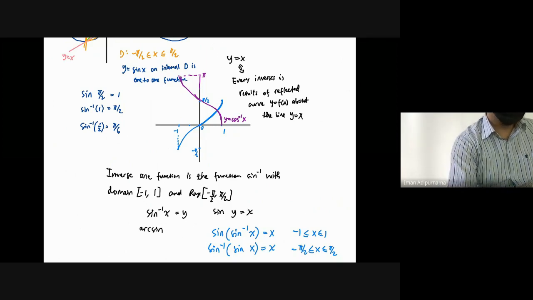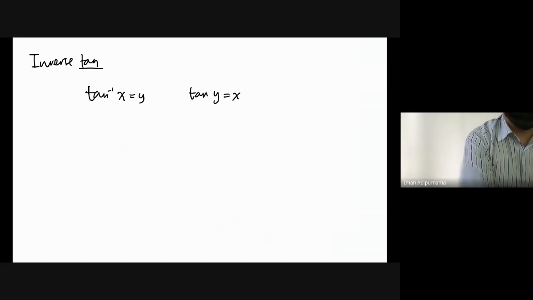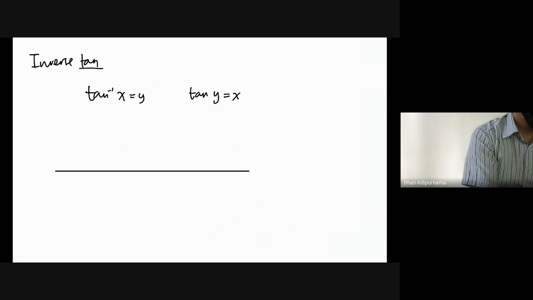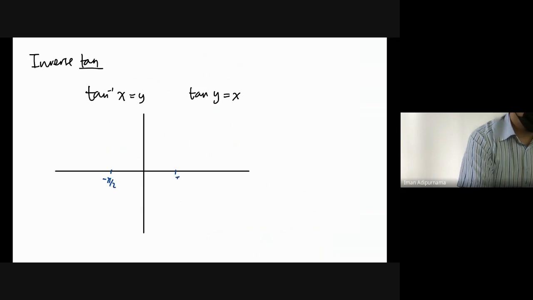Okay. The last part for the inverse is the inverse tangent. So, tangent inverse x. And if you remember the original tangent, at pi over 2, they will have an asymptote, right? At every